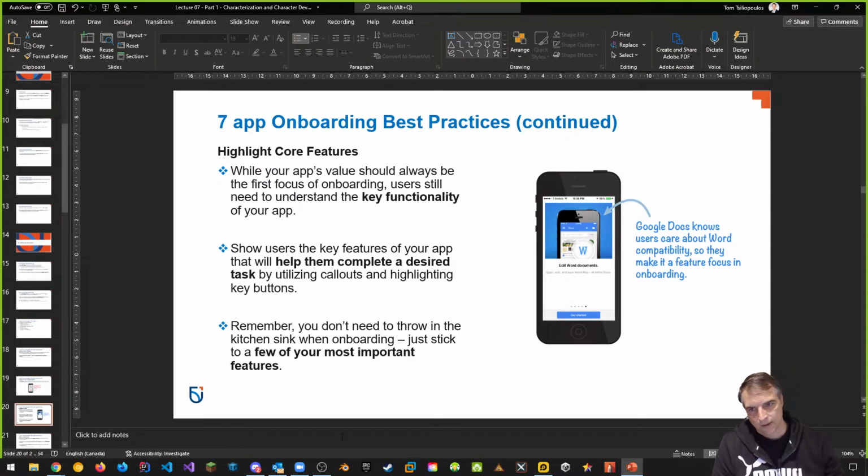Number two, highlight core features. Okay, so for example, one of the things we talked about when Google Docs first came out, they talked about how Word compatibility was a thing. They were like, wait, I don't want to use Google Docs because then what about my Microsoft stuff? Can I still use Google Docs with Word? Yes, absolutely, it can convert. But before, when it first came out, it was a thing. It was like, should I use Google Docs? Right now, many of us do. So